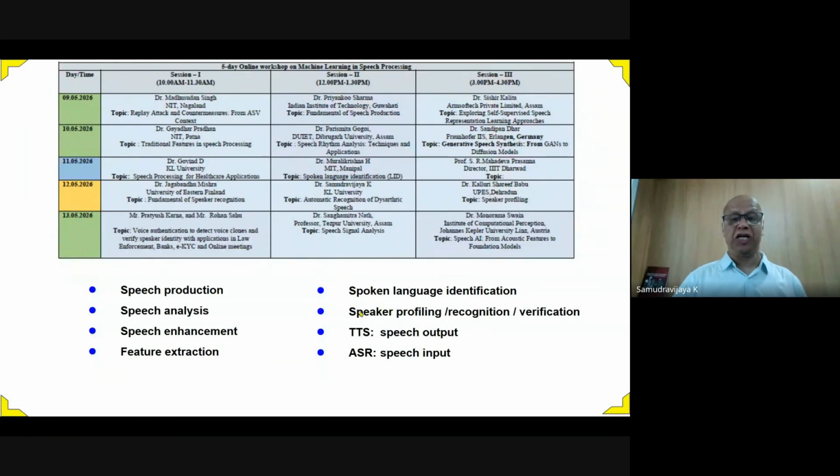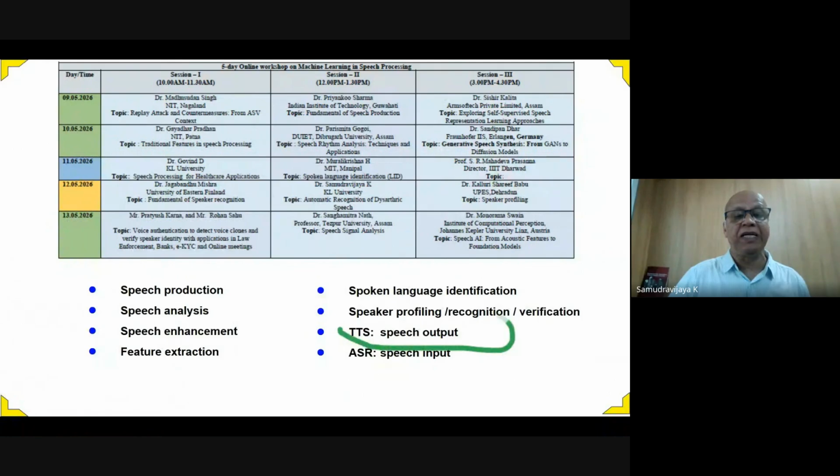These are the applications. But the two main applications are automatic speech recognition, where you give the speech to the machine and the machine recognizes the sequence of words that you have spoken and the output is the text, preferably in the native script of the language. So in automatic speech recognition, speech is fed into the machine and the machine outputs the corresponding text that was spoken.